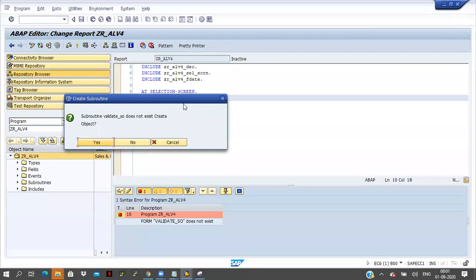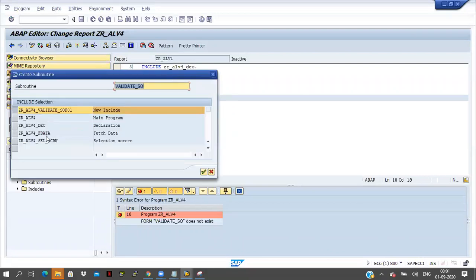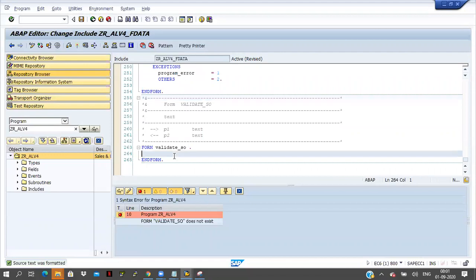Double click on it, click on the S button. So I am going to fetch data only here, and here I am writing select single VBELN from VBAK where VBELN is S_VBELN.